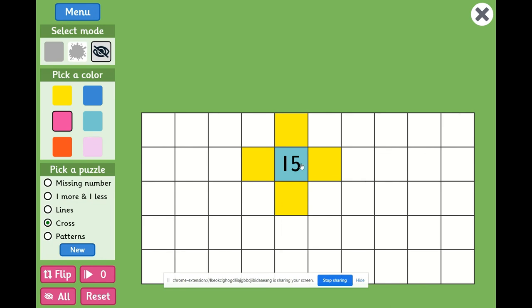Then again, we need to find a number which will come above 15. So here we need to go back 10 places. That is why on the top will be 5, on the bottom it will be 25. This can be picked as an example to explain to the students how to identify patterns and how to find the answers to them. Similarly, we can use the patterns also in order to find the answer.